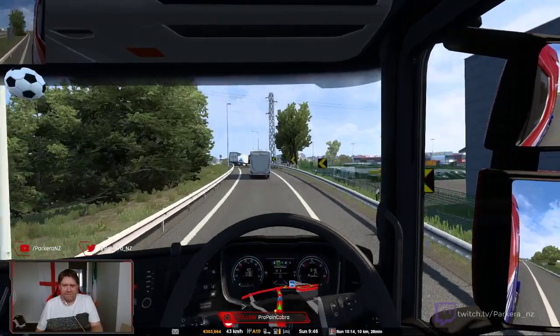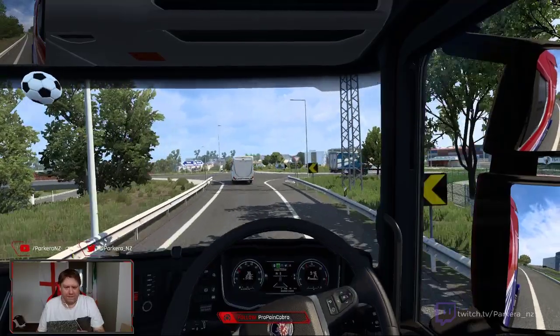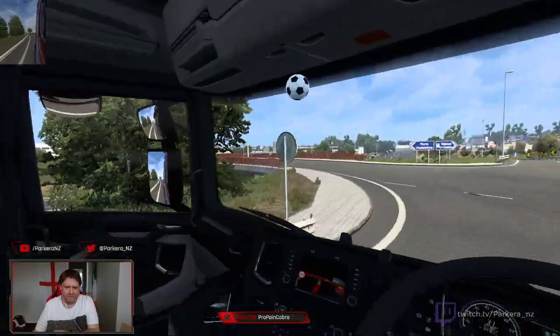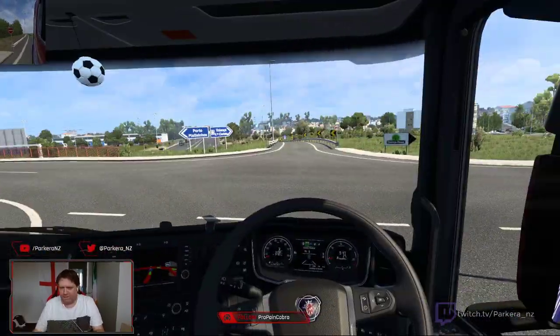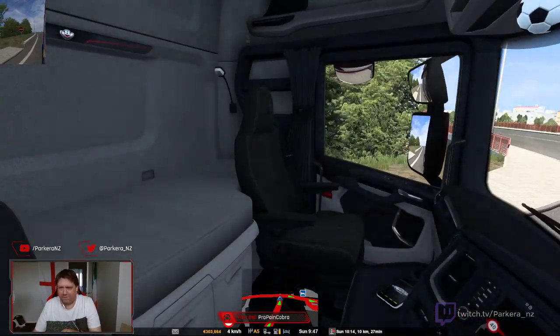But nah, we decided not to bother. I'm actually going to turn that off. Turn right. If you prefer, because you should be able to see the sat nav. No, you can't. That's why I do this, because you can't see the sat nav, because I have my big camera